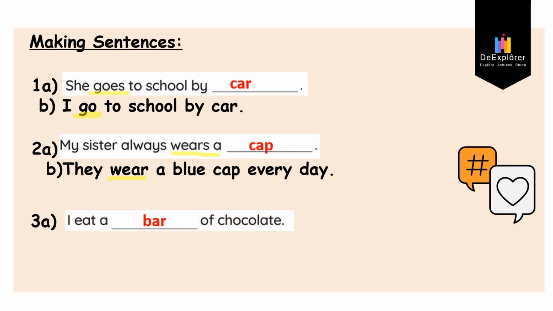So 3A, do it the same thing. Copy the sentence, I eat a bar of chocolate. Okay, 我吃一排巧克力 A bar of chocolate. And then next, continue with your B sentence. So B sentence, you listen to me, your Chinese, okay, the Chinese words. B sentence, subject,